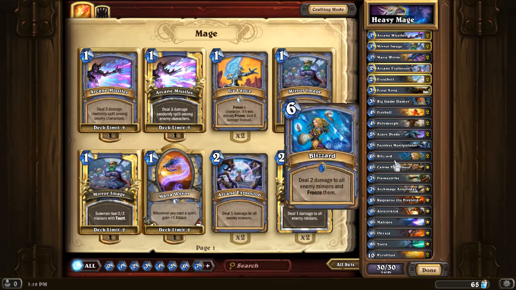The next card is again, in my opinion, an above average card, maybe even entering the better cards in the game. The Blizzard, which is the Mage's AoE, and the best one of the Mage's AoEs. But unlike Flame Strike, which deals considerably more damage, I mean, it deals double damage to all the minions,